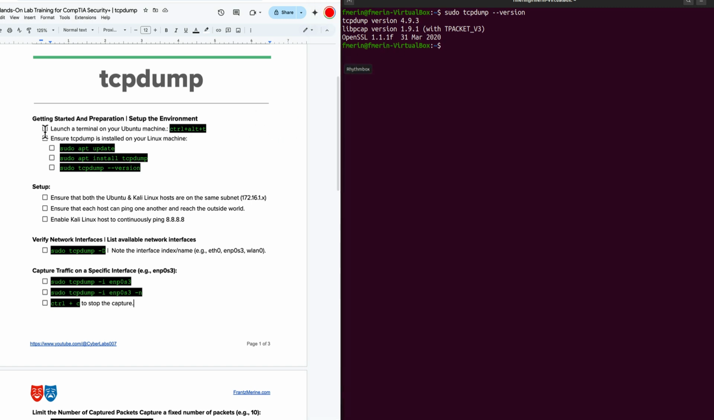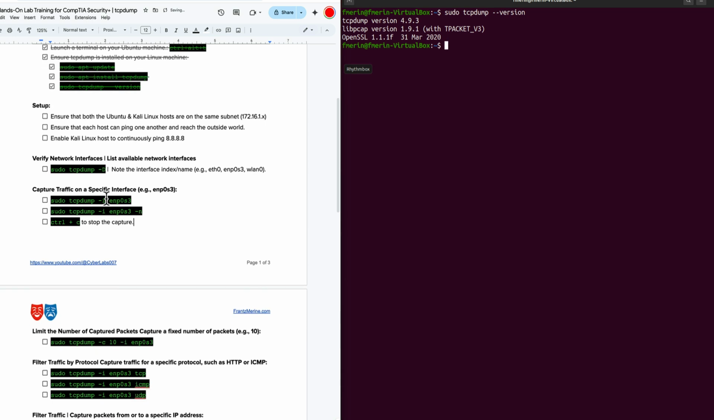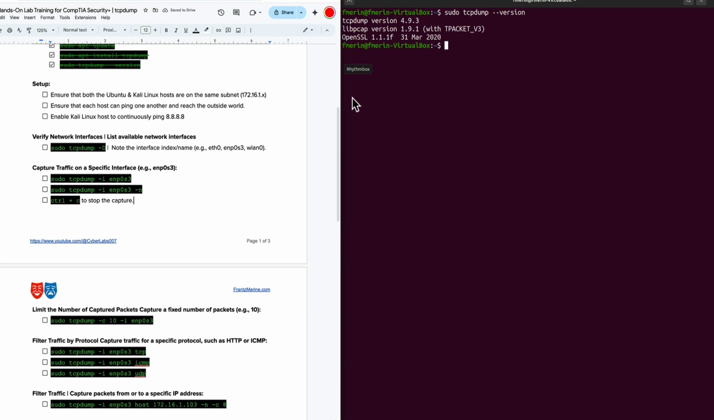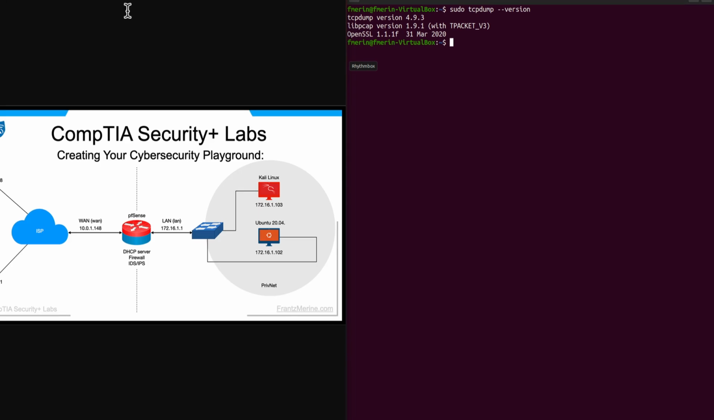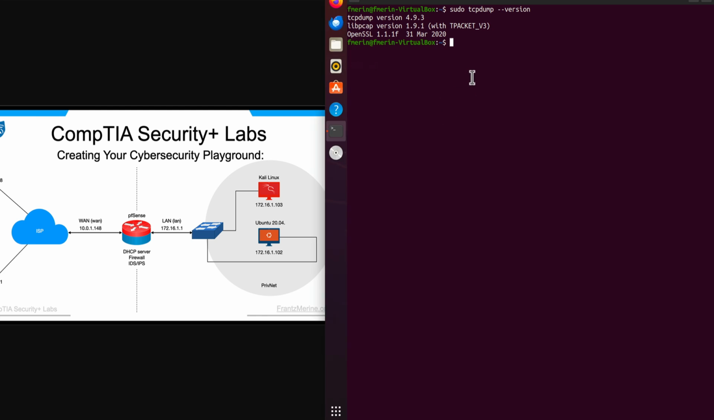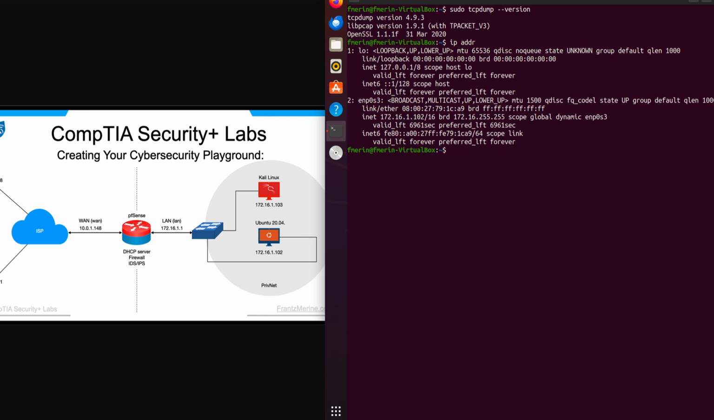So we can go ahead and do our housekeeping on this side and go into our setup. The first thing we want to do is make sure that our Ubuntu and Kali Linux hosts are on the same subnet. So it means that we have to go back and take a look at our network setup here. And let's just take a look at what we have. We have our Ubuntu machine. Let's see what IP address we have. There's a couple of ways we can do that. One is ip addr. So I'm just going to do ip addr and I see I have the